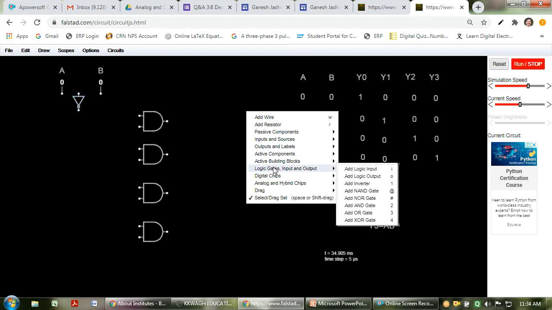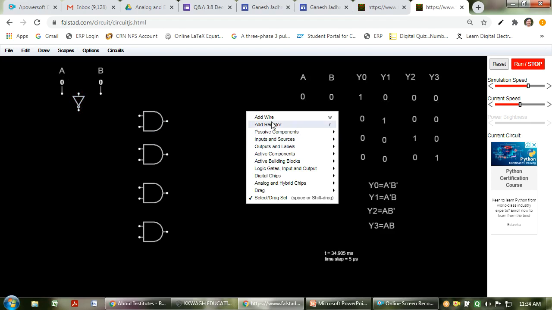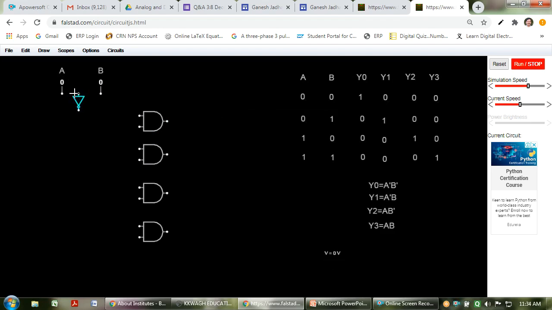From the right click, you can take add wire, and with this wire I will connect this NOT gate here. It is showing black, which means it is connected. If it is showing red, then it is not connected.